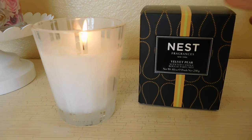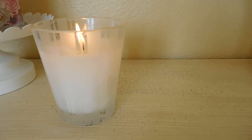But I'm just going to go ahead and grab the box real quick so I can give you guys the fragrance description. So we'll start with the fragrance description and then go into performance. Velvet Anjou pear and crisp apple are blended with crushed lemon leaves and hints of peony infused with white musk and amber. Okay, so when I first read the description online, I was immediately drawn to this particular candle